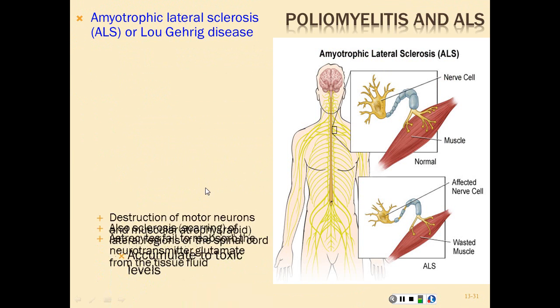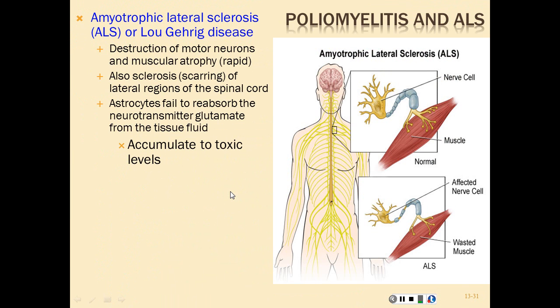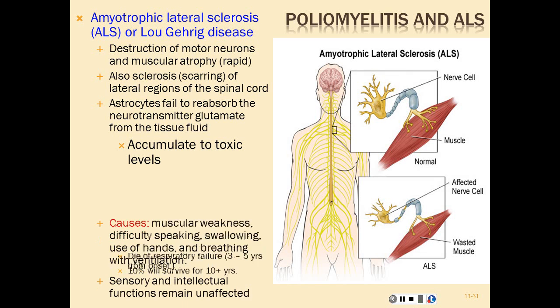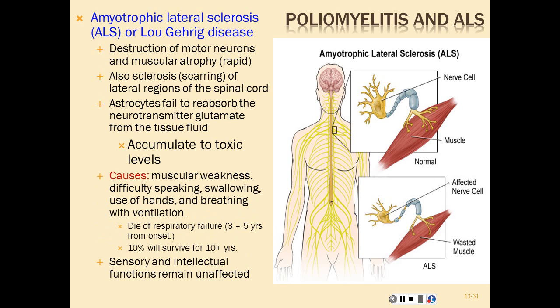Now, ALS is also destruction of the motor neurons and causes muscular atrophy very rapidly. Also, sclerosis, which is scarring of the lateral regions of the spinal cord, will also occur. We have astrocytes. They fail to reabsorb the neurotransmitter glutamate from the tissue fluid. So once that's not picked up or reabsorbed, that glutamate is going to be kept in the tissue and cause